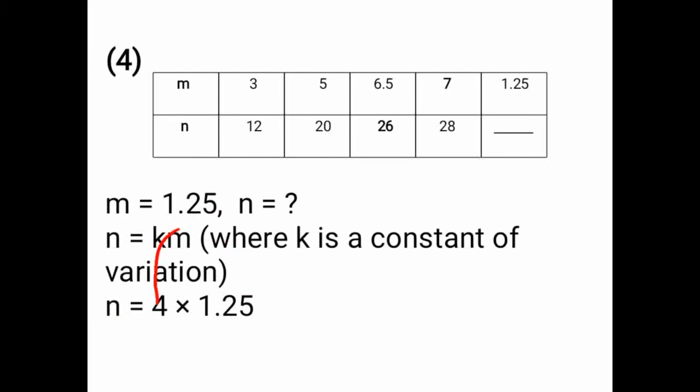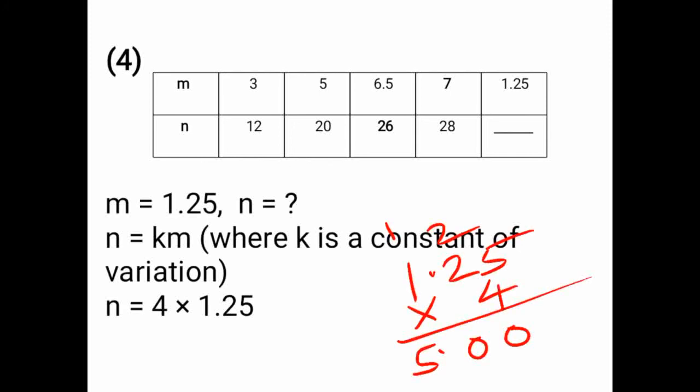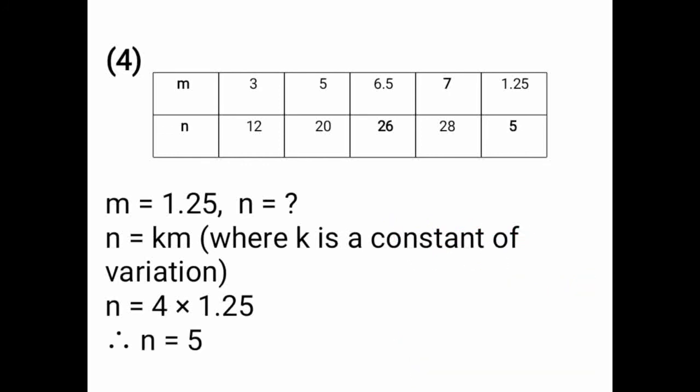You have to multiply. Its variables are together. So multiply this 4 into 1.25. I have multiplied here 1.25 into 4. I am getting the answer 5. Here 2 decimal places are there. Before 2 digits there is decimal point. So answer also is coming before 2 digits decimal point. Therefore N is equal to 5. N is equal to 5, which you got the answer. You have to write here in this blank.